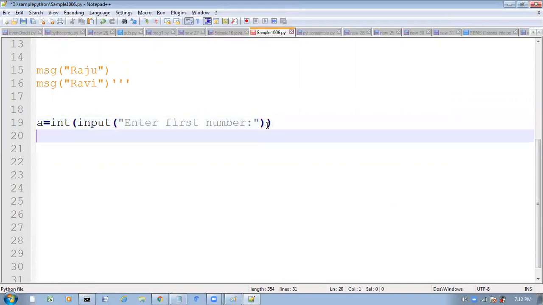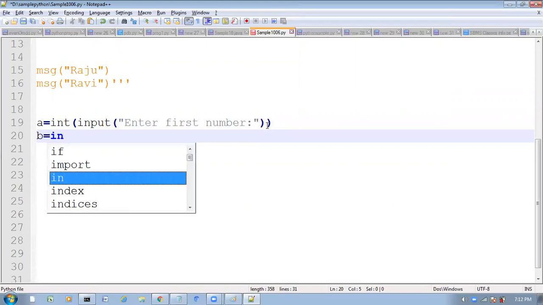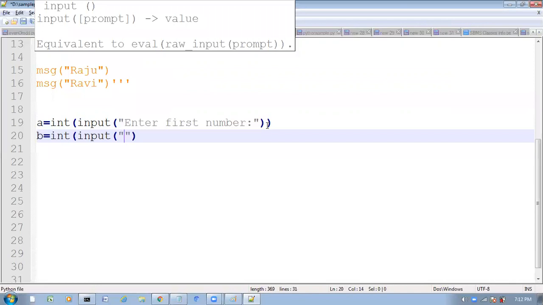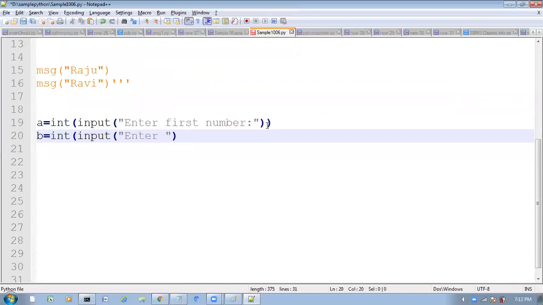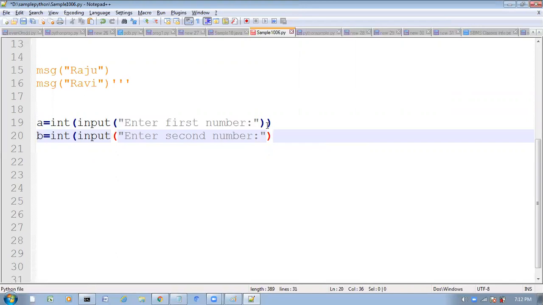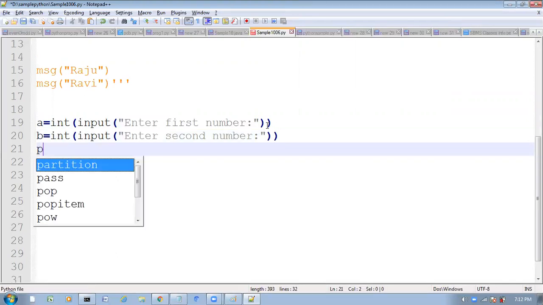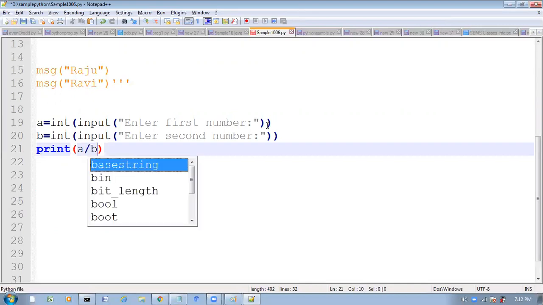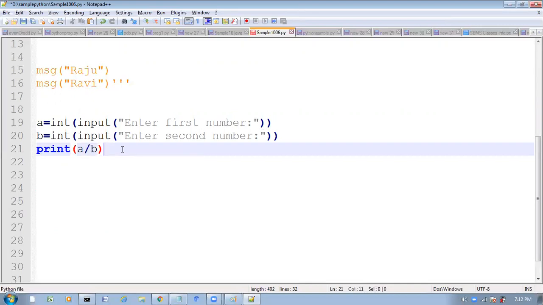Next here, b = int(input("enter second number")). Now here print(a / b). Like this I took it here.